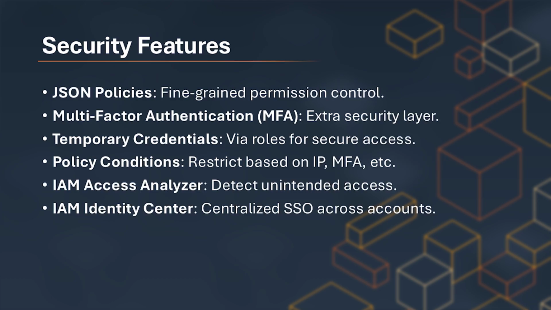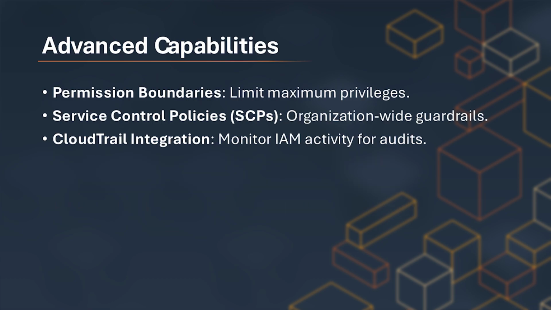Security features include fine-grained permissions via JSON policies, multi-factor authentication, MFA, for an extra layer of protection, temporary security credentials from roles, cross-account access through role assumption, and policy conditions based on factors such as IP address or MFA usage. Advanced IAM capabilities include IAM Access Analyzer to detect unintended access, permission boundaries to limit maximum privileges, service control policies in AWS Organizations for organization-wide guardrails, and IAM Identity Center, formerly AWS SSO, for centralized single sign-on across accounts and